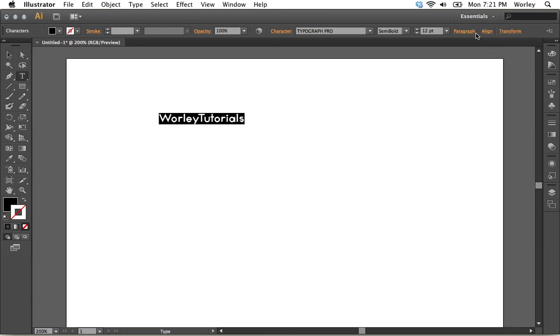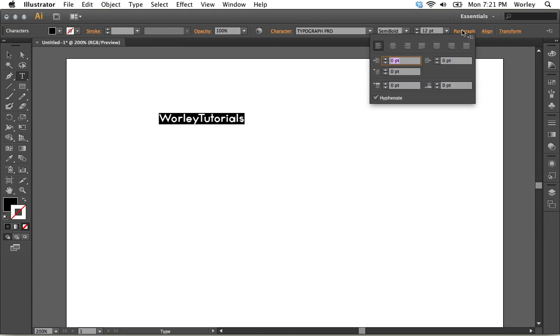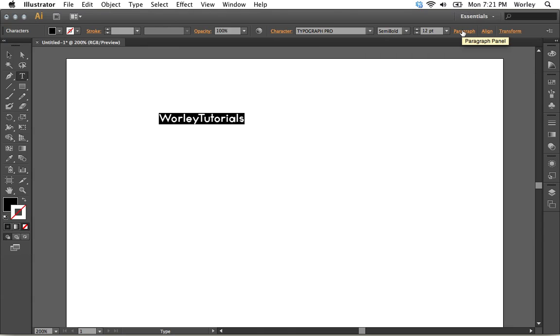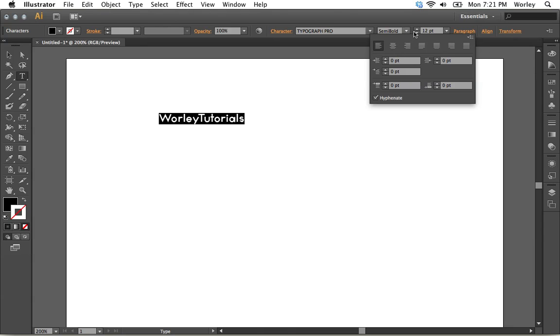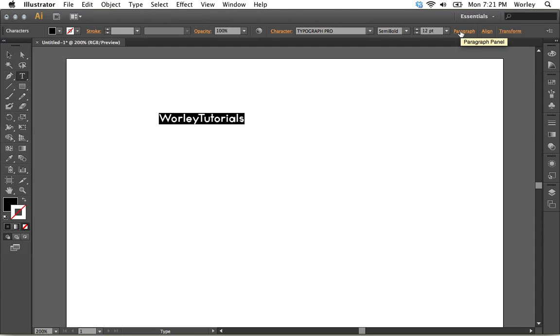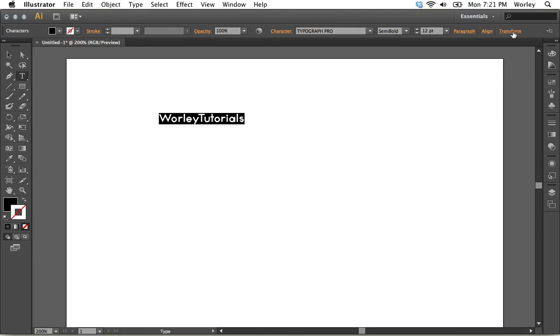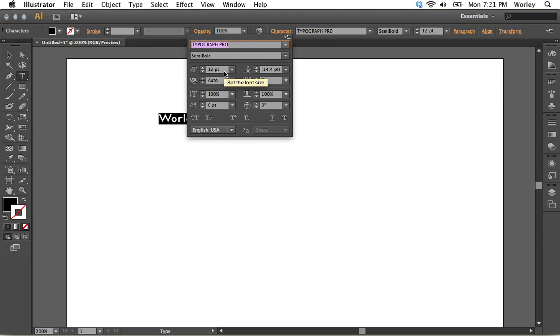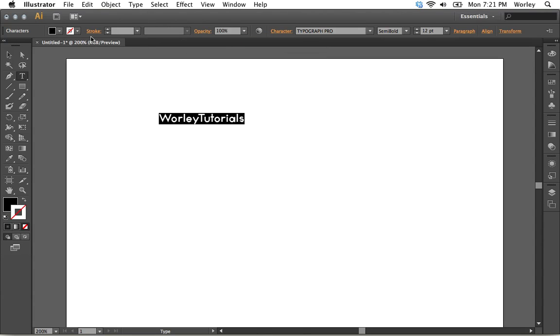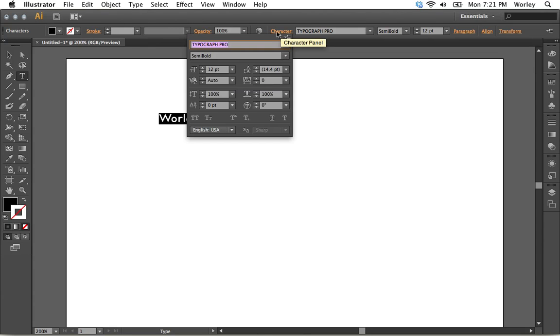Now, when it comes to align or transform or paragraph, go ahead and click on these things. Again, if you guys want to discover this, all you have to do is click on it, take a look at it. If it is what you're looking for, awesome. If not, just click on that again to close it. So go to align. Is it what I want? No, not exactly. We'll talk about align a little bit later. Transform? No, not transform. Character. Let's see, here we go. See? So what you can do is simply just click around and see if that is exactly what you are looking for. And in this case,